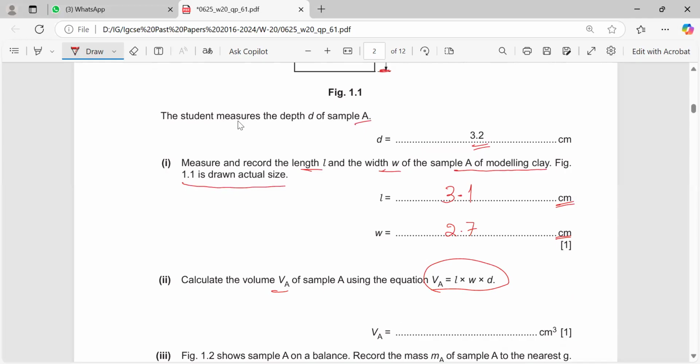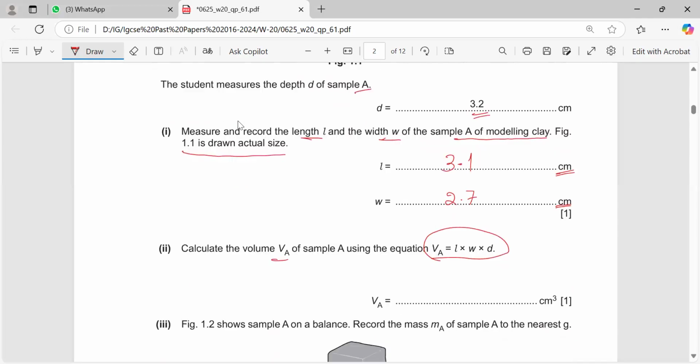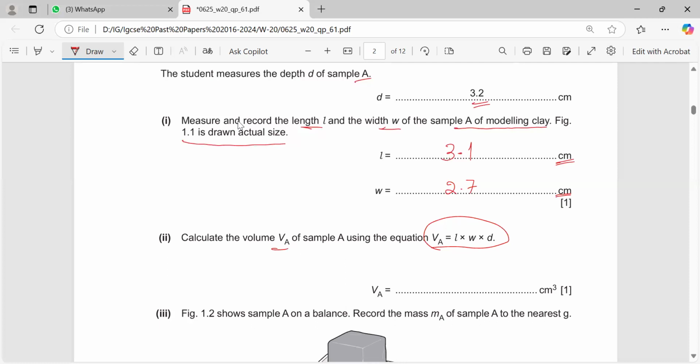Depth means height. You can also say thickness. All the values are with us, so we will be multiplying them together. So 3.1 times 2.7 times 3.2, and after calculation, we get the answer